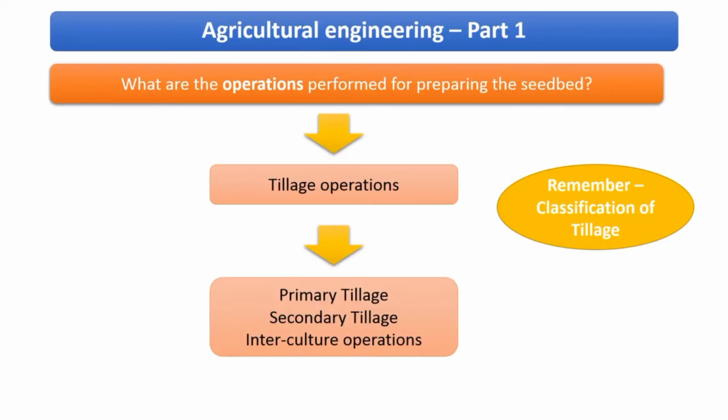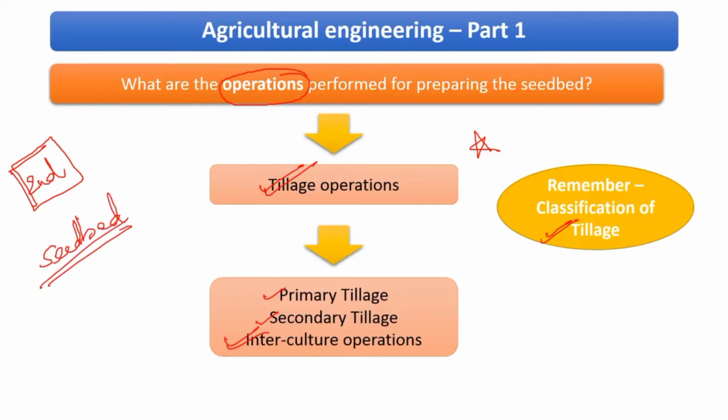See, now we have understood that the second stage is important, which is nothing but the seed bed preparation. Okay. Now to prepare the seed bed, what are the operations that are usually performed? So the operations are known as the tillage operations. Under tillage operations there are various classifications. One of those is primary, secondary and interculture operations. Now we are not going to go into the detail because a separate unit is dedicated to agronomy under which we have dealt in detail about the classification of tillage. So it is going to be a repetition again. So just remember that for seedbed preparations, tillage operations are used.